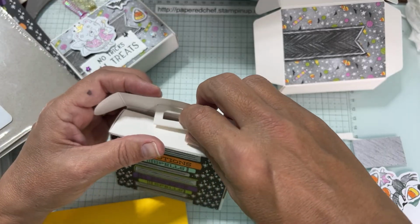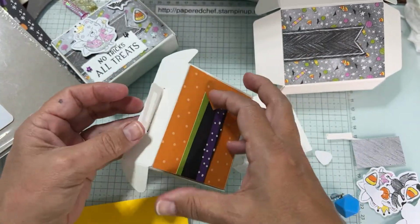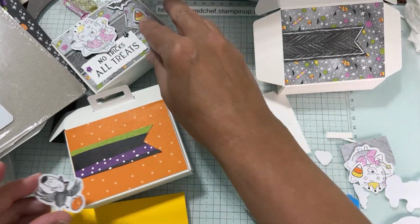I think that's how I do it. Okay, yeah, like that. We're going to still stuff it, but I just needed to do something so we can decorate it. Okay, just like that. So now we're going to just put stuff on it. So let's look and go, okay, so that one is,